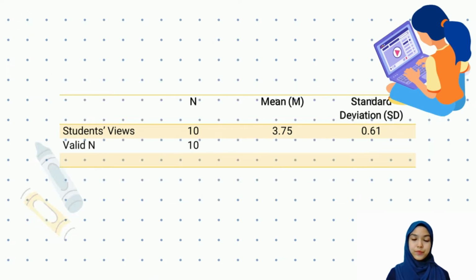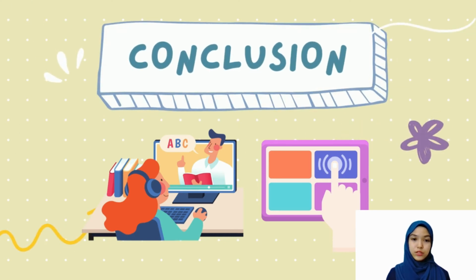So to conclude, the implementation of online interactive activities has a significant impact on increasing the students' engagement during class. However, some external factors may affect the students' participation in class, such as slow network connection, uncomfortable environment, and more. Therefore, further research should be conducted, especially to study the challenges faced by students when implementing online interactive activities in the class. So that is all from me.